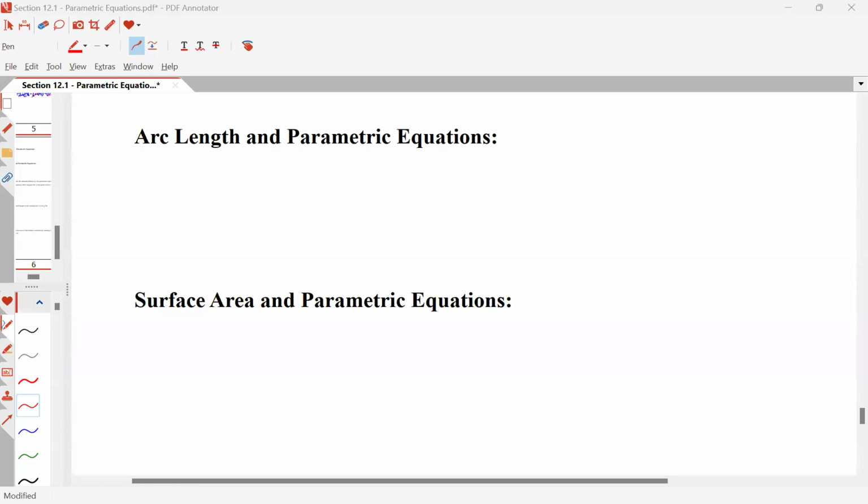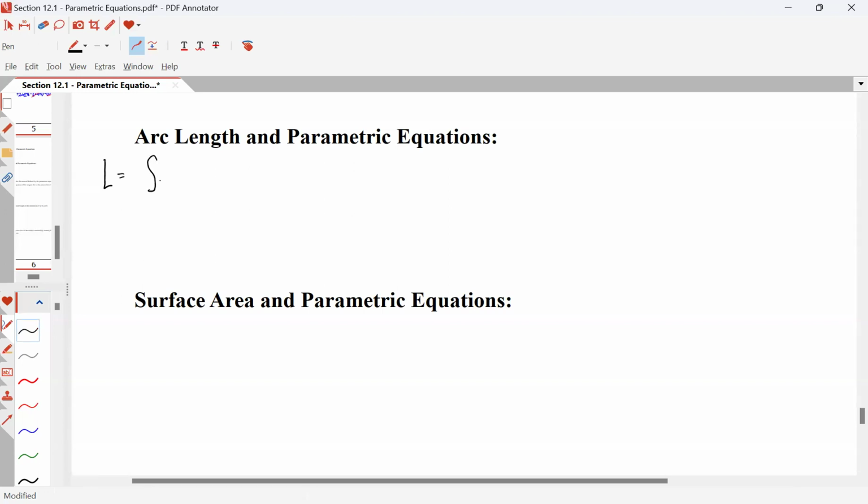Hello. In these videos, we are going to look at how we can use parametric equations to find arc length and surface area. So first, finding arc length is ultimately going to come down to being a formula, but we know from our section way at the beginning of the semester of arc length